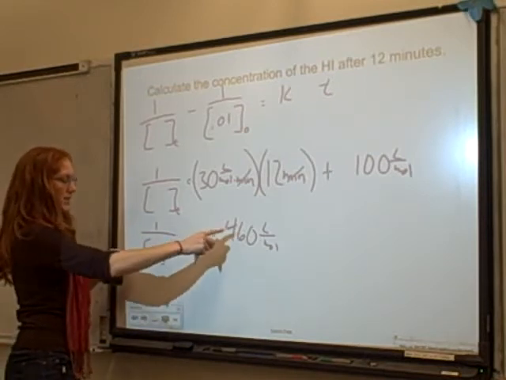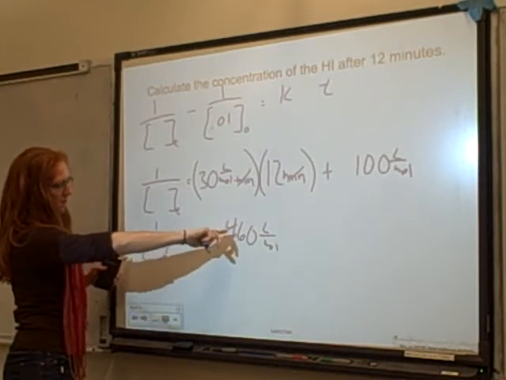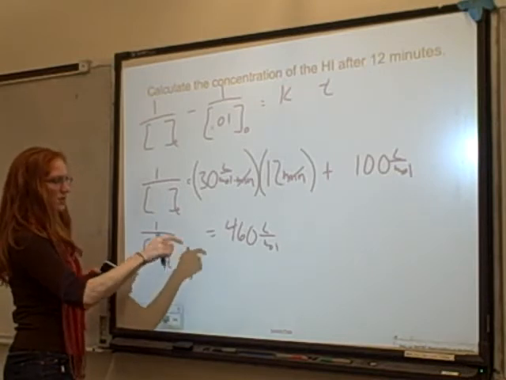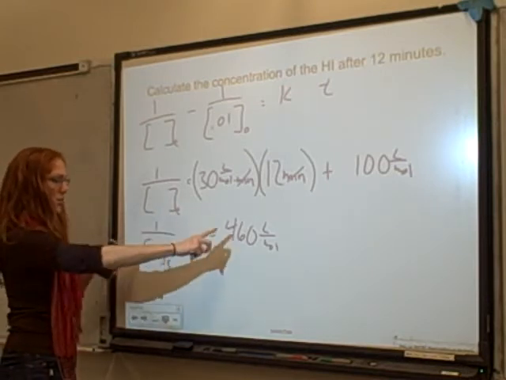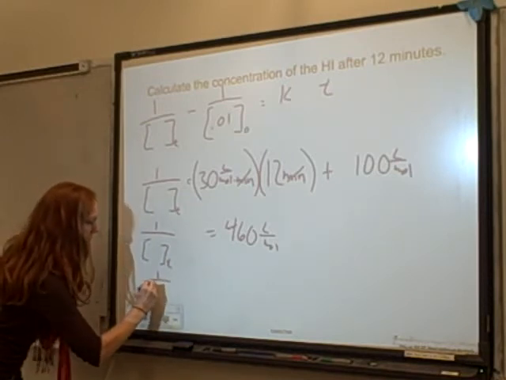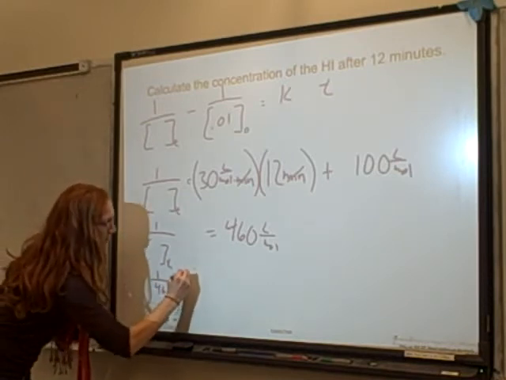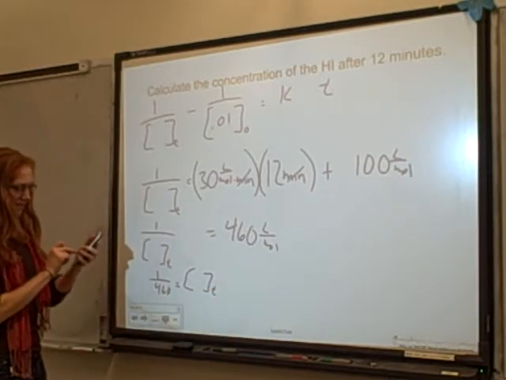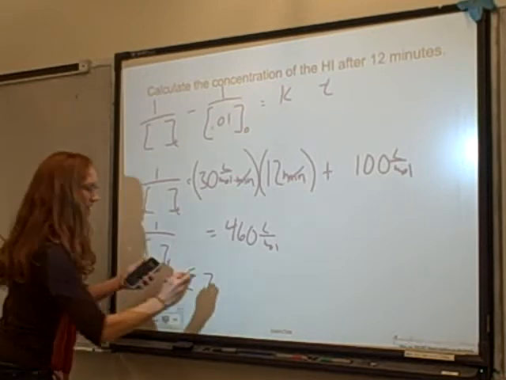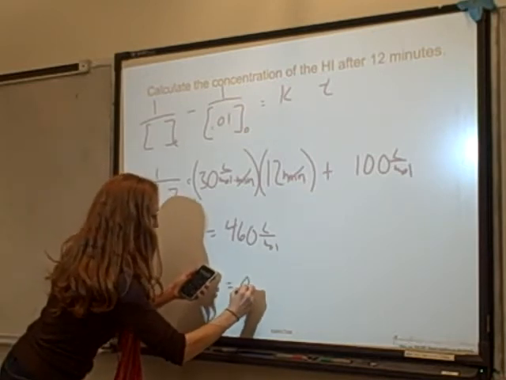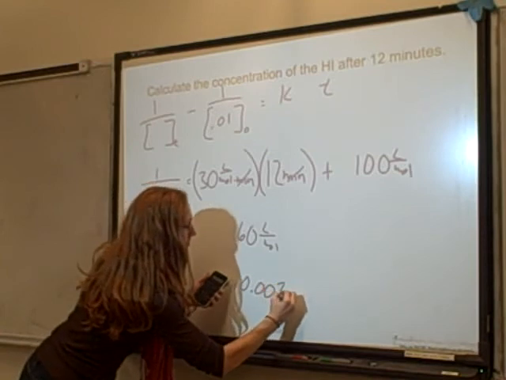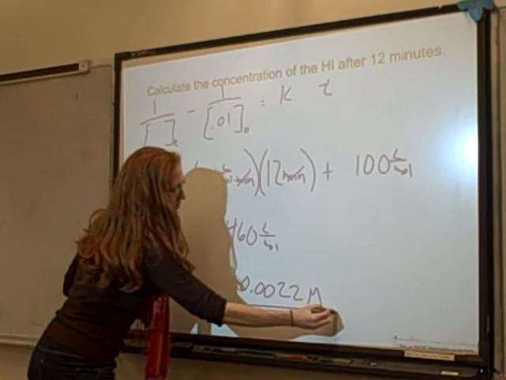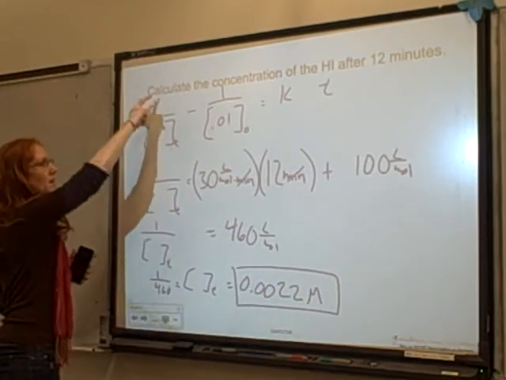Okay, so I'm going to go ahead and, let's say I could multiply both sides by this unknown concentration and divide both sides by 460. So I'm going to kind of swap these. And that means 1 over 460 equals your final concentration after that amount of time. So 1 divided by 460. Okay, I get 0.00217, and that's going to be my molarity. Just to make sure it's right, I would plug it in and make sure that that minus that would equal